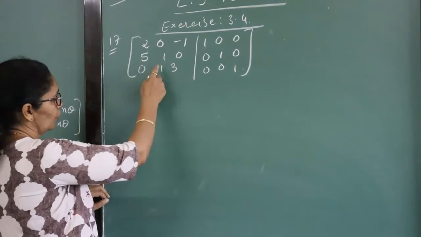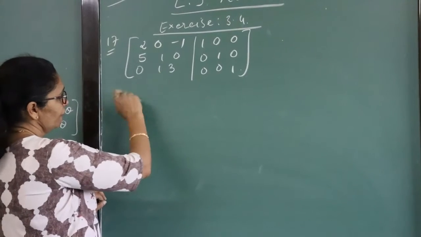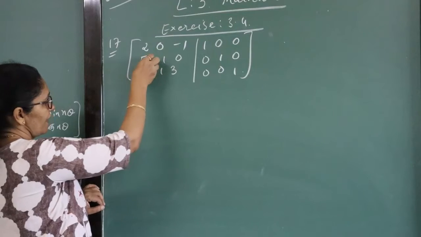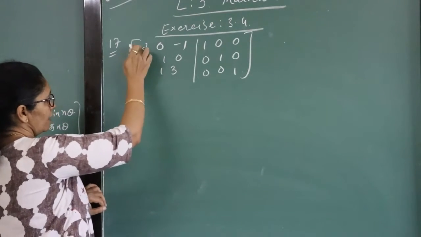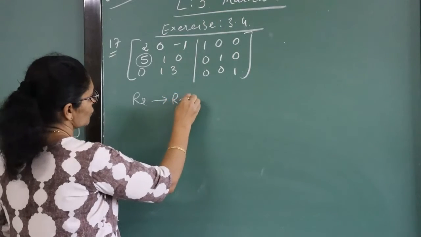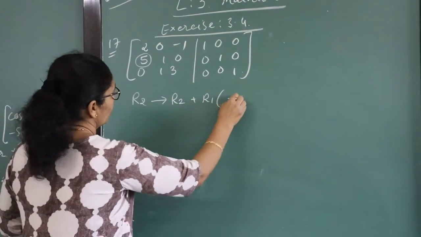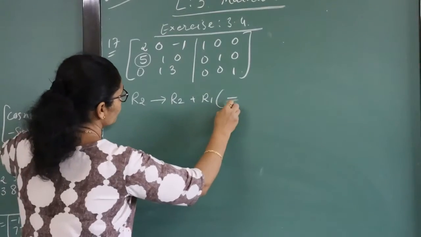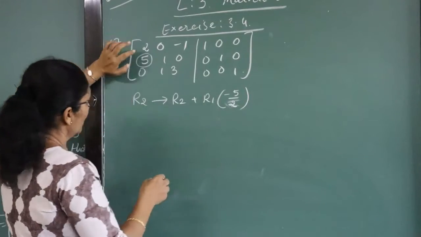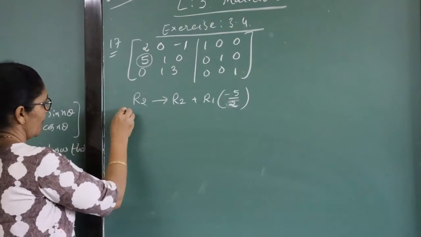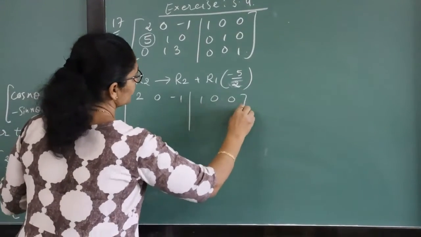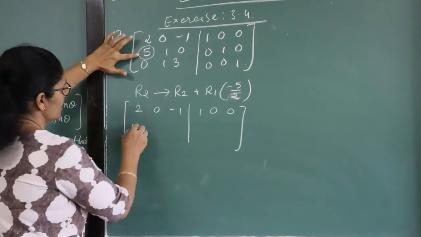First we want to remove this 1. If we want to remove this 1, we can subtract directly, but before this we have to remove this 5. If we want to remove this 5, how can we operate? We are solving in the second row. So what to do? First, we will divide the first row by 2. So here we get 1, now multiply with minus 5 and add in the second. So in the first part you will get 0. The first row we have to keep as it is. Now check, this became 0.